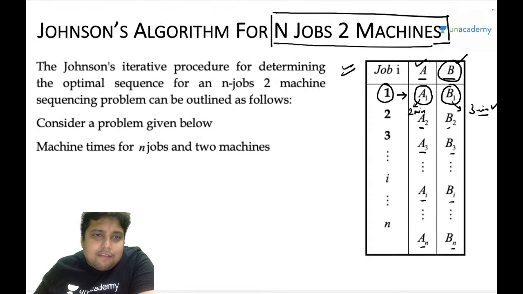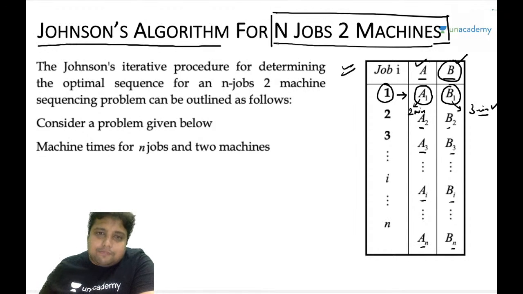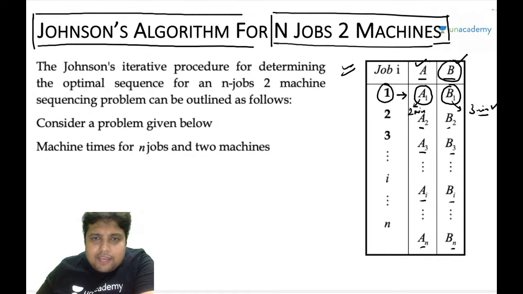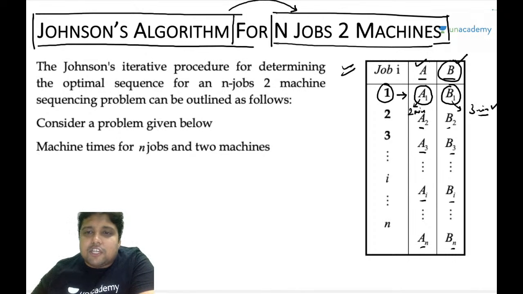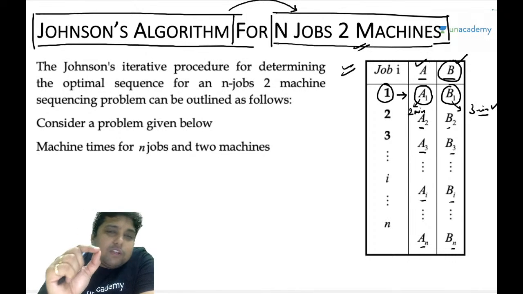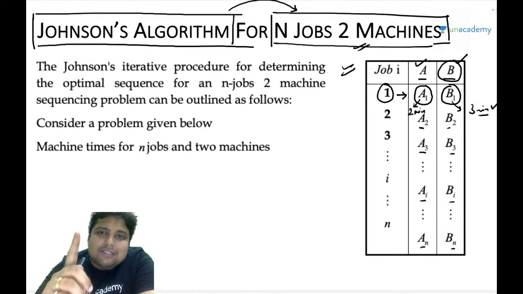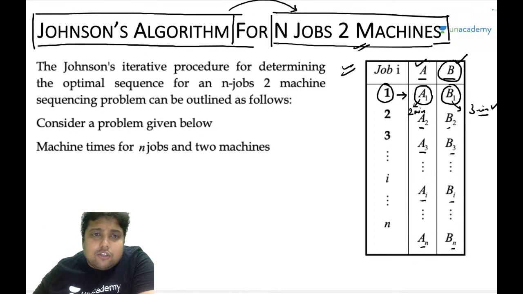So for that, we make use of Johnson's algorithm. Okay, this is very important. Johnson's algorithm takes charge to optimize an n job 2 machine problem by providing you with the optimal sequence. Let me just say this statement once again. Johnson's algorithm takes the charge in case of an n job 2 machine problem to provide us with an optimal sequence. Okay, so what basically Johnson's algorithm does,